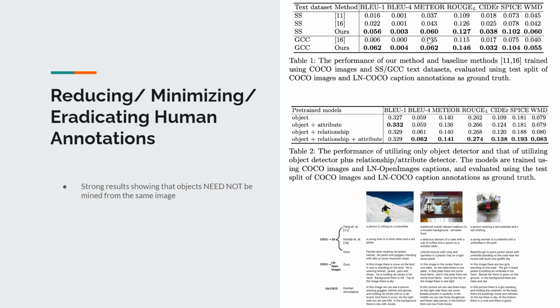And then here are ablations where we add attributes, relationships, and object plus relationship plus attribute, and how we perform. For an attribute, like he's wearing a blue shirt, you're going to look for blue shirts, and things like that. If we can detect the attribute, it improves the captioning much better. You can see some qualitative examples.